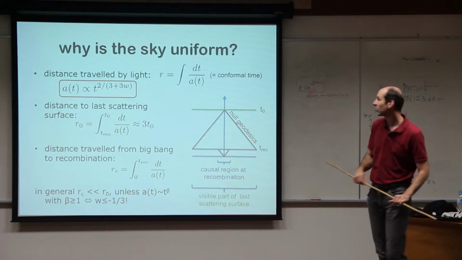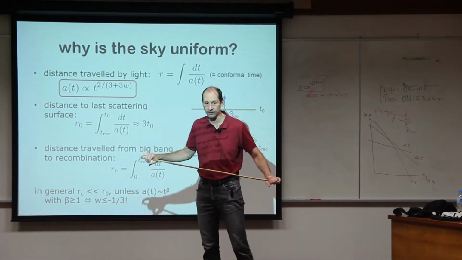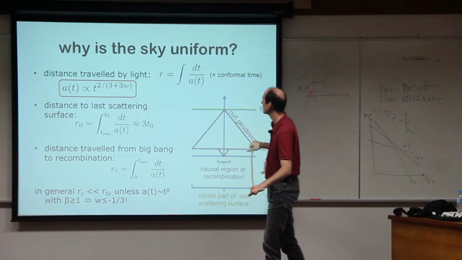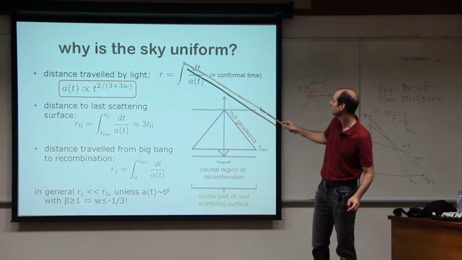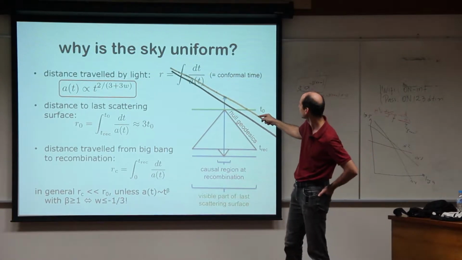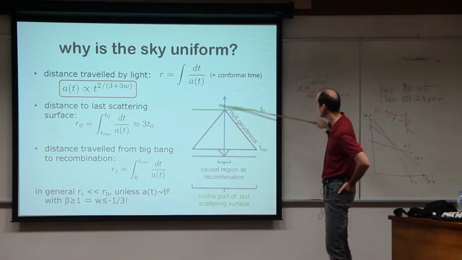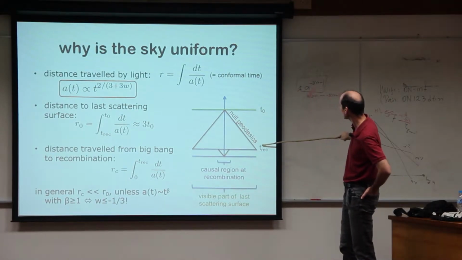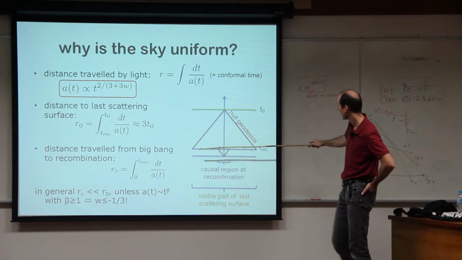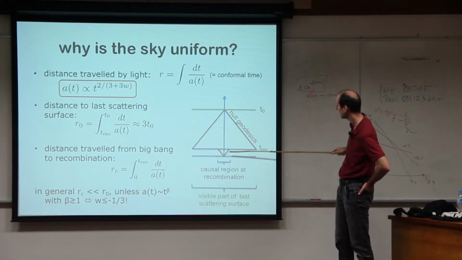There are also other problems. I call this one here, why is the sky uniform? Because that's the traditional way to put it. I will tell you afterwards how there is a better way to think about it, but I won't show you the data right now. For a moment, let's look at this thing here. We observe the cosmic microwave background. This is effectively a picture of the universe at recombination.